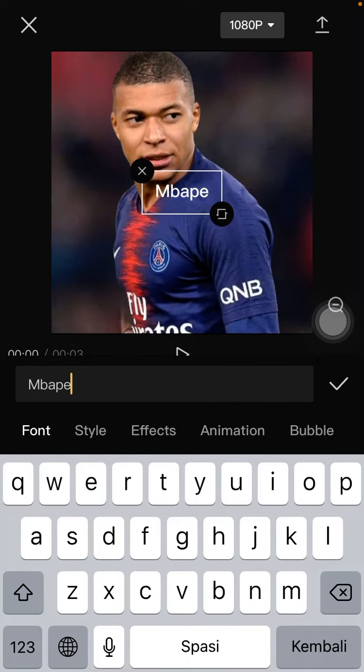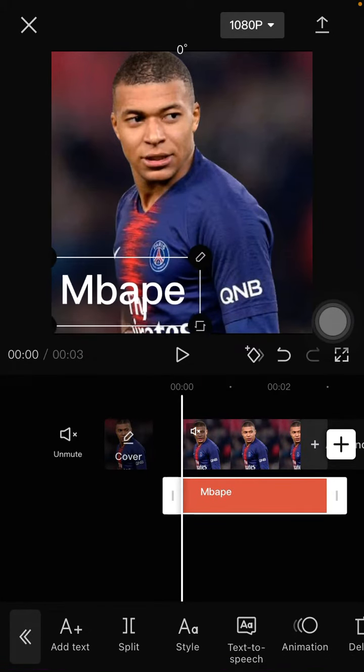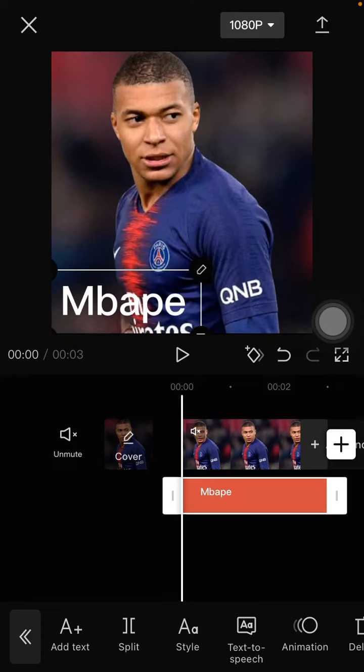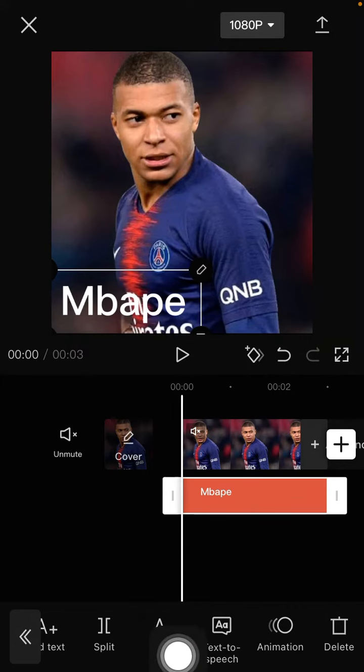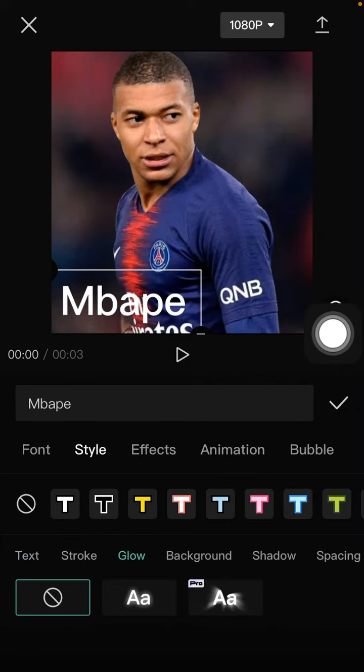Alright, check mark and resize, and to make it glow you can add style and can select glow and select glow type. For example,